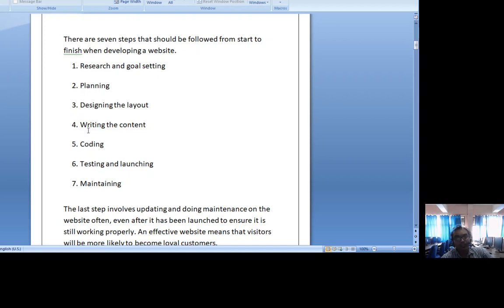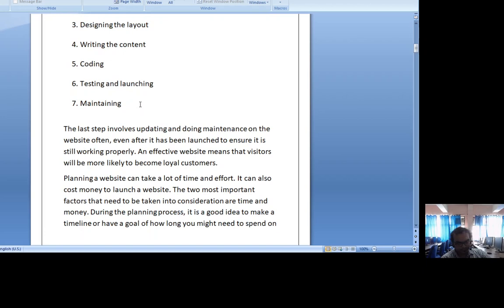that marketing ads and search engine optimization type concepts can be improvised on those websites, and we can't compromise on the overall load time of the websites. So that's why it's all about the coding efficiency you are going to put in. And for testing that coding efficiency, we have our testing and launching step. Then we will go for the maintenance. See, the last step involves updating and maintaining the website often, and that is why I am saying that this